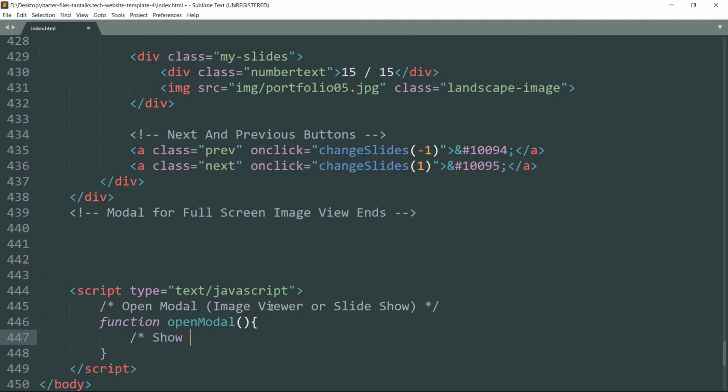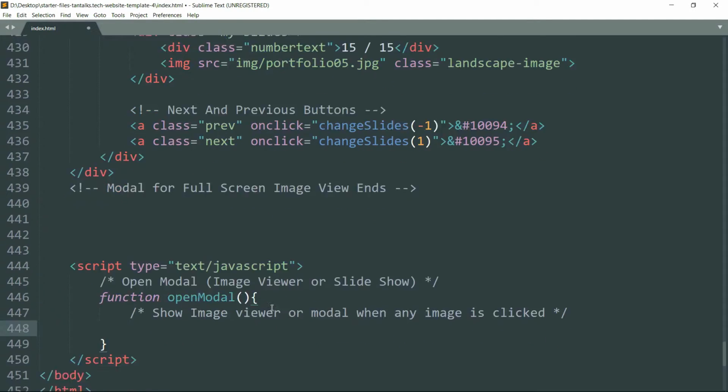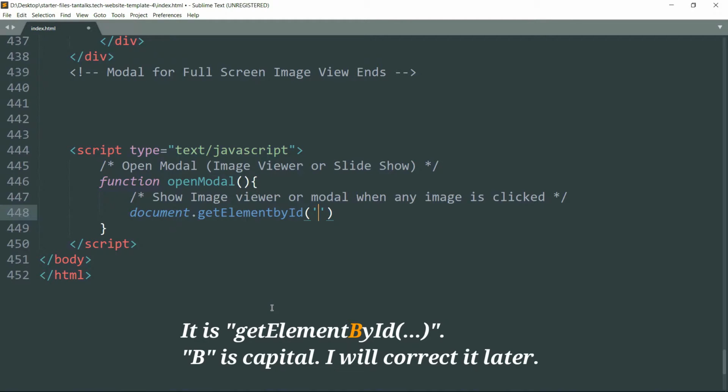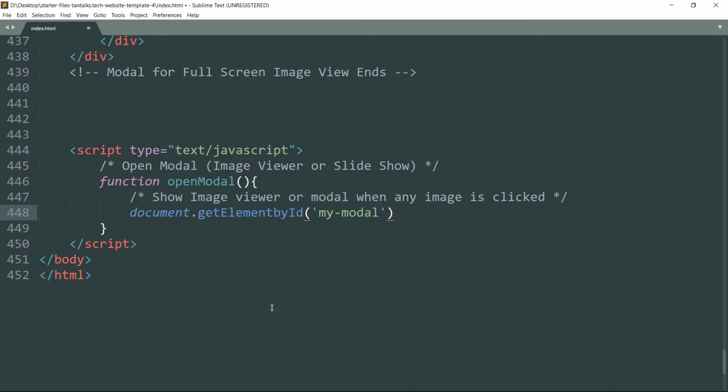So we are going to get this task done by changing the display property of the modal that we have just set to none in the CSS. So write document.getElementById, open brackets within single quotes my-modal.style.display = inline-flex. So this is going to make the modal visible,